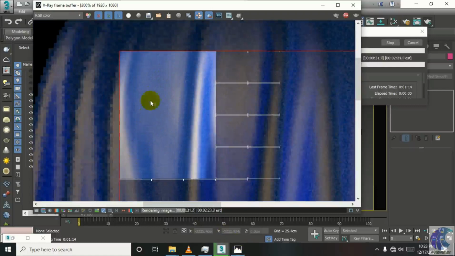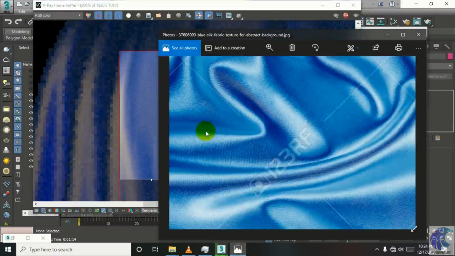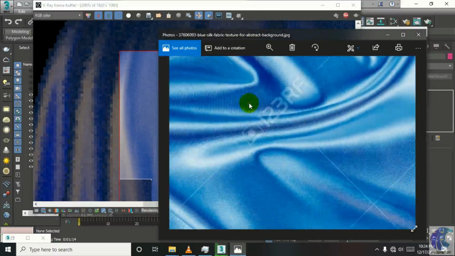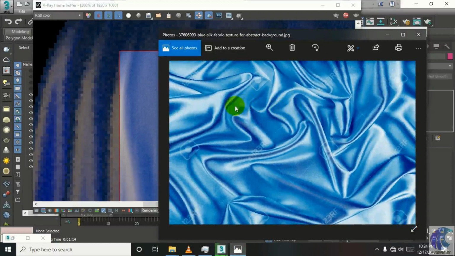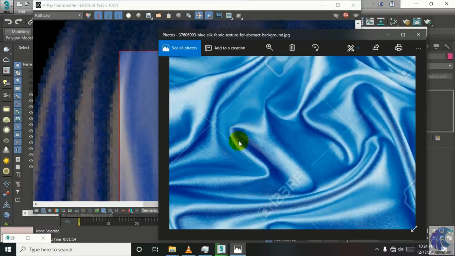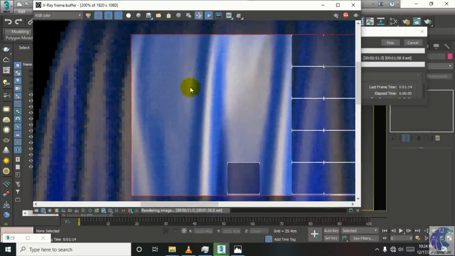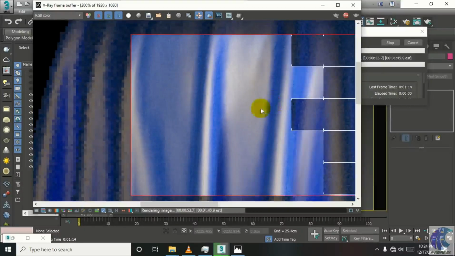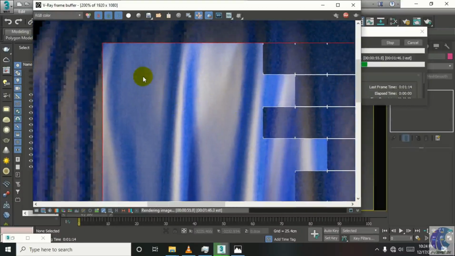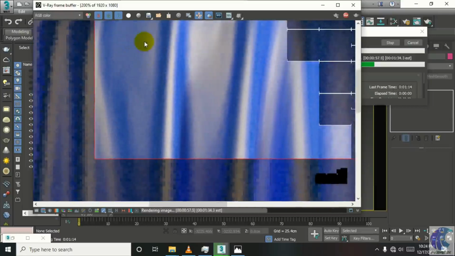Look at this pattern we are getting. It is not a render, it is a realistic picture. They use some bump, another bump material, it is natural, so we have to just be happy with what we have got.